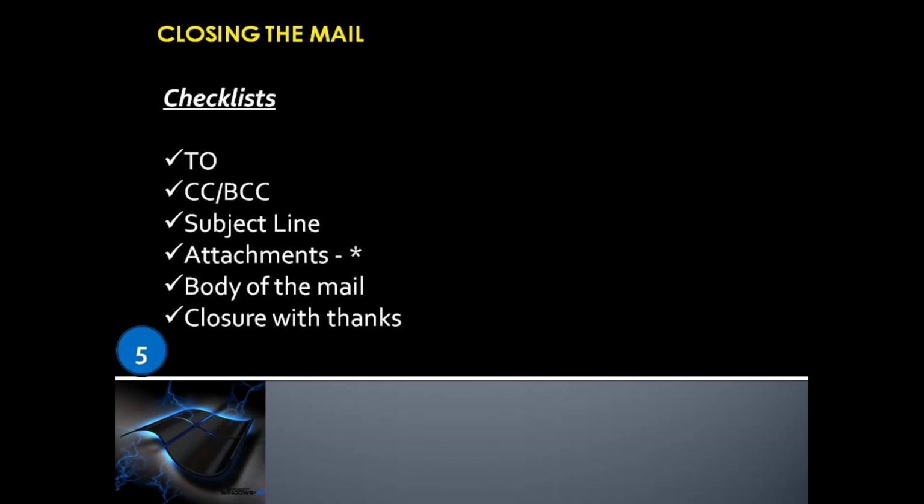Could you find that I have placed a star mark near attachments? Every time before sending the mail, you must ensure whether the particular mail is supposed to have an attachment. Sometimes I used to miss sending an attachment in a hurry. So I would suggest that before you enter the body of the mail, better attach the document to avoid the flaws.